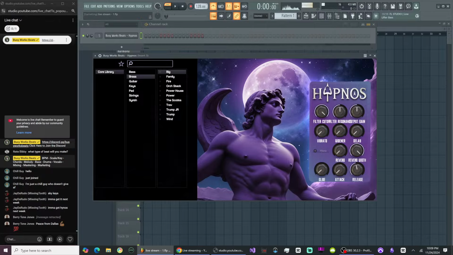So somewhere around 128, 135 is like his natural cadence. Okay, so now we have the BPM. Let's move to the scale and key. I've studied a lot of Utopia.